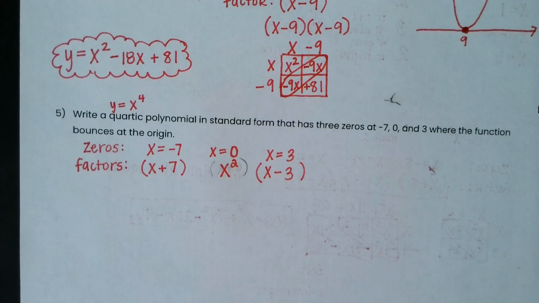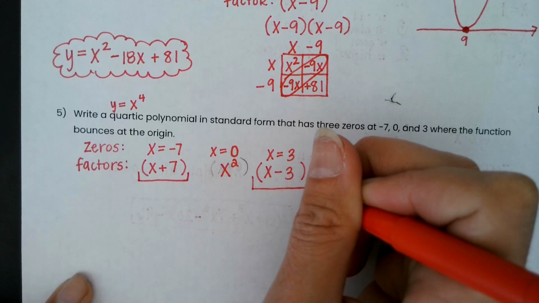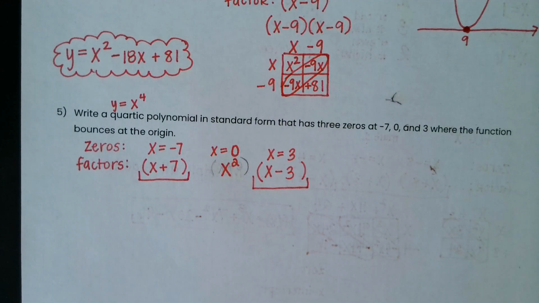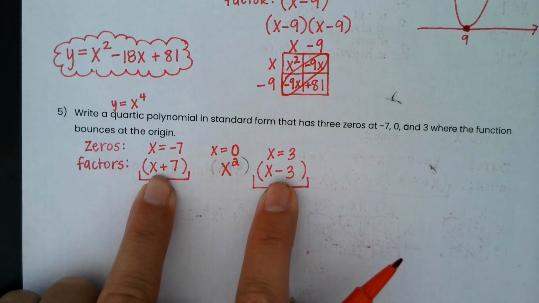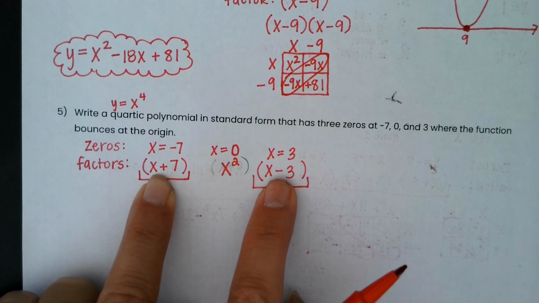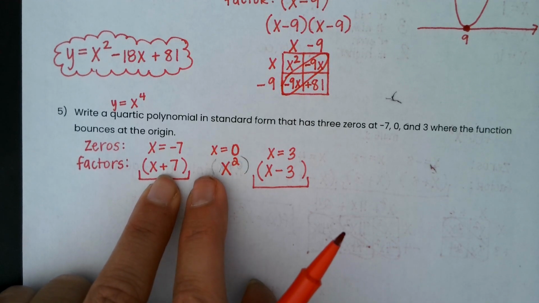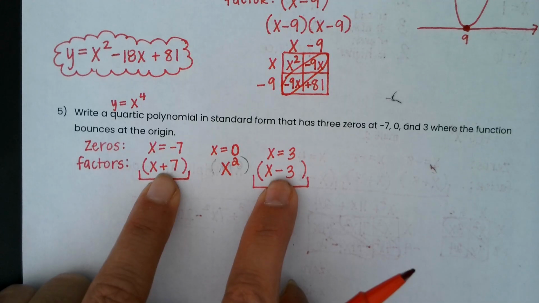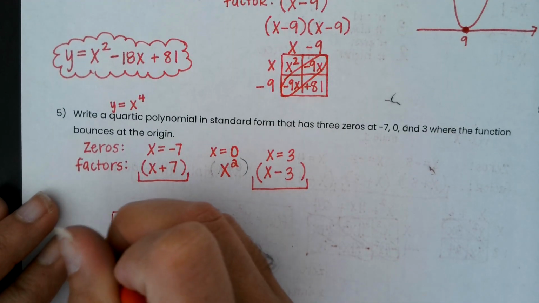So actually the only box I think we need is because we have to multiply the x plus 7 times the x minus 3 part together. I would just do that first, because that's the part where you actually would need a box to multiply them. We'll multiply it with the x squared in a minute when we're done with that part. It doesn't matter which order you multiply them in. I just usually pick the first 2 or whichever I want to knock out first. So we're going to do x plus 7 times